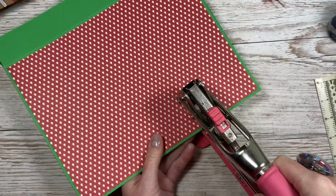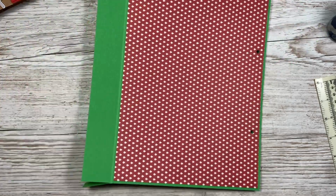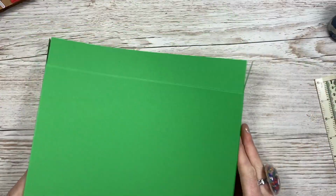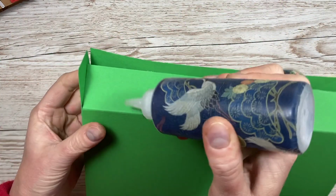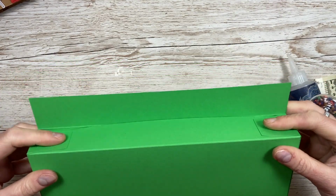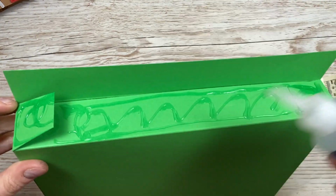And then just using my punch, just going to make a couple of holes there, like so. And now that's ready to put our handles on in a moment. So just pop that back out, and then I like to stick the back one down first, add some glue onto the tabs there, and just stick those down, and then pop the glue over the rest. This way your side tabs are all concealed between the two long pieces, and it just looks neater from the inside,